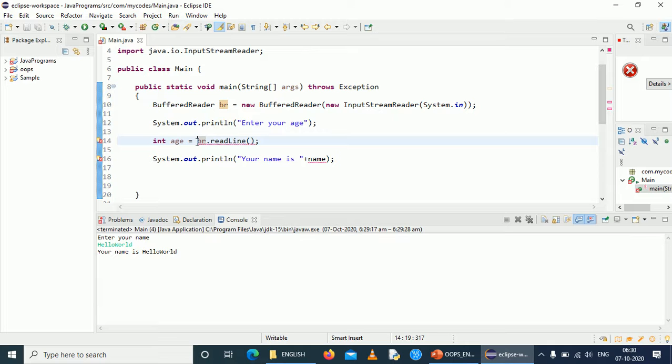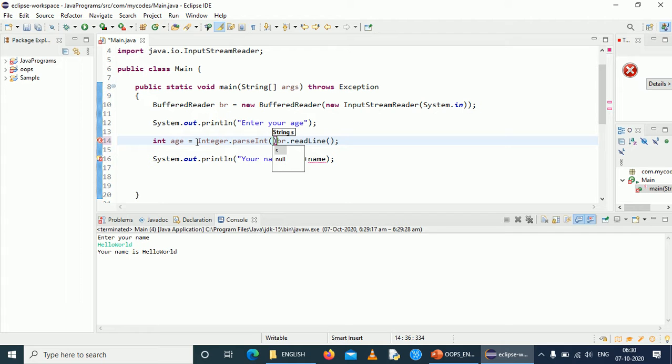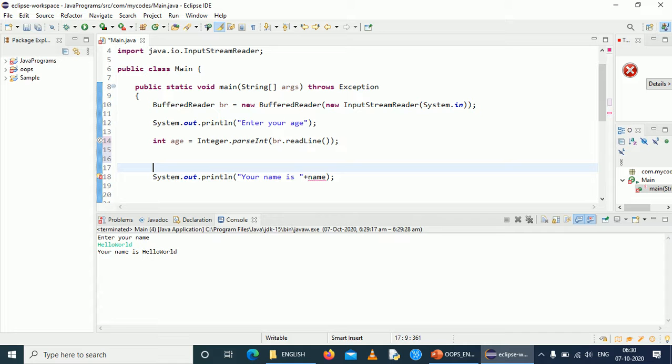So we need to add some line. So the Integer.parseInt method, this method is responsible for converting any string value given inside this method as an argument to an integer value. So there is a difference between this 35 and this 35.